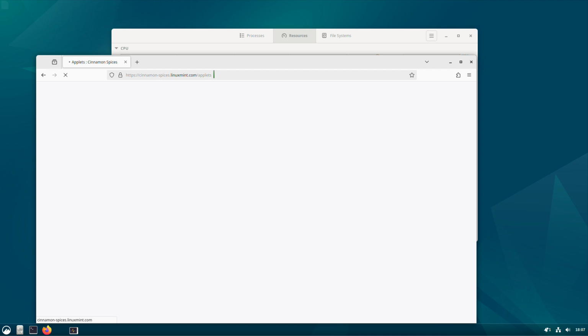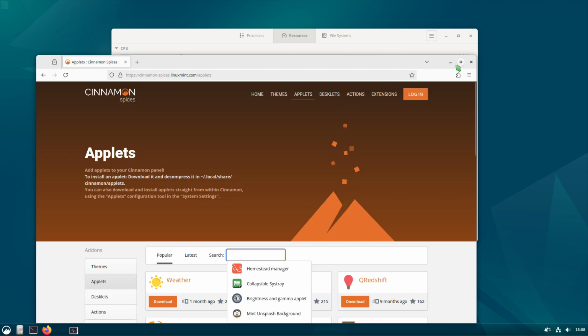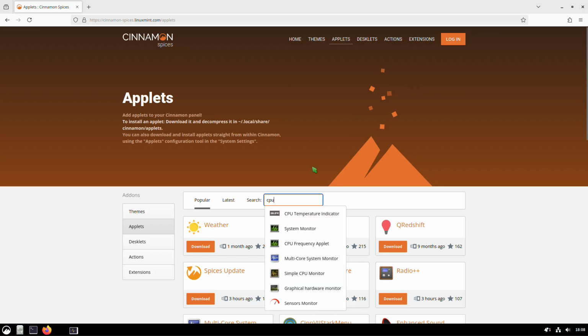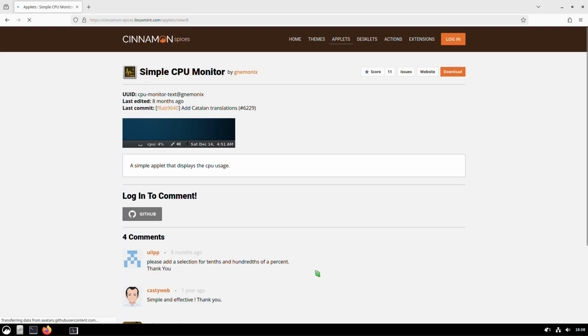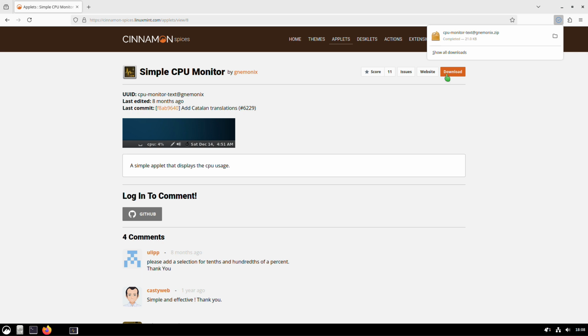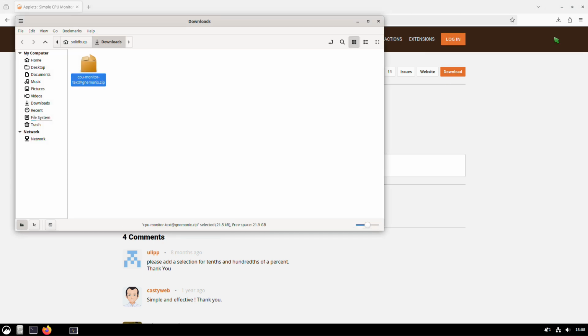add a CPU usage indicator applet directly to the taskbar, allowing us to permanently display the current CPU usage in real time. Start by downloading the Simple CPU Monitor application, a lightweight and easy-to-use tool that provides a simple way to monitor CPU usage. Once the download is complete, we'll extract the contents of the archive to a directory of